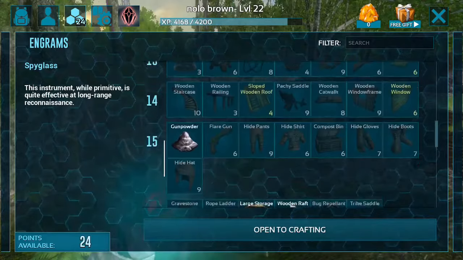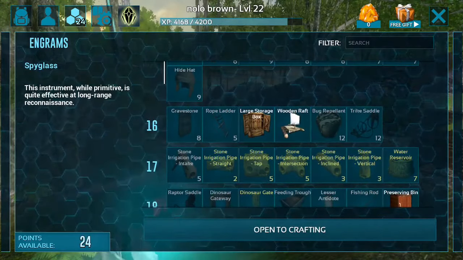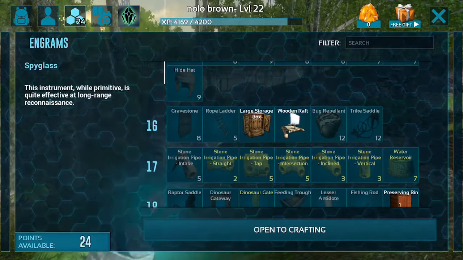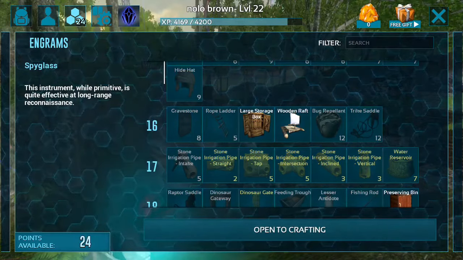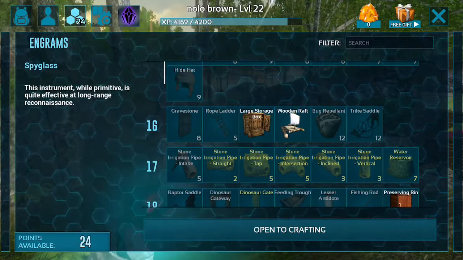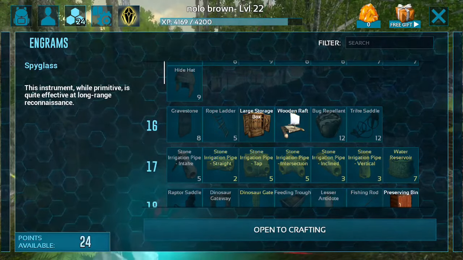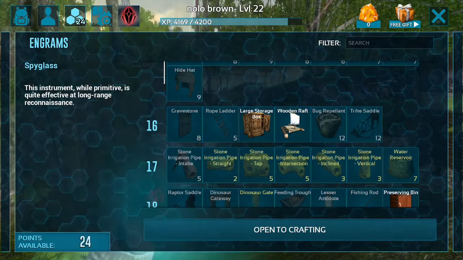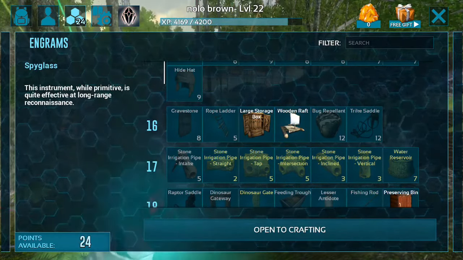Gunpowder, obviously, you're gonna need for bullets and guns. I always get the wooden raft because I like to travel. I like to make myself a wooden raft base. I have another video where I showed off some of the raft bases that I made. Wooden raft bases are simple. Put the wooden raft, throw some foundations on it, some walls, a ceiling, and you got yourself a base. You can do it with wood,